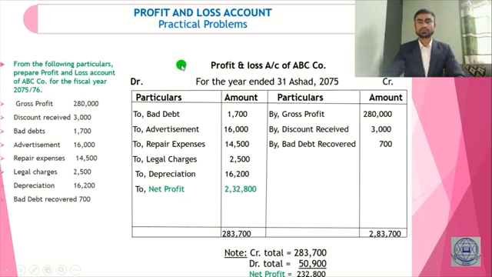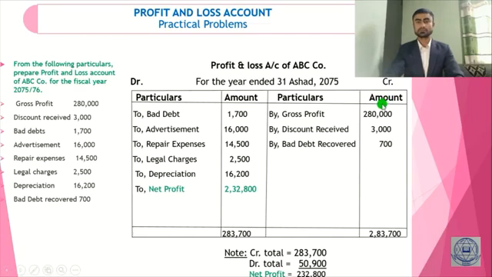So we should first write the heading of the profit and loss account of ABC company, because that is the name of the company, for the year ended 31st Ashar 2075, because the fiscal year ends on 31st Ashar. That's why we have written it here. There are two sides, debit side and credit side, and this is the format: particulars, amount,